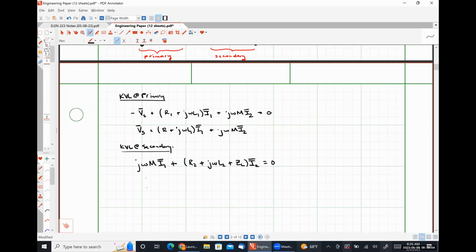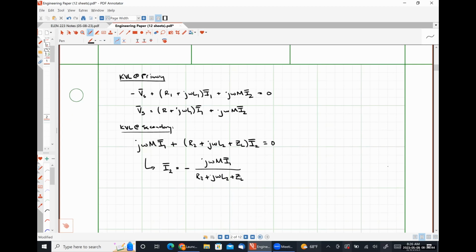And I can rearrange this expression and find that I2 is just negative J omega M I1 divided by R2 plus J omega L2 plus ZL. Everybody okay with my algebra here? Nothing too wild or crazy. Right. If I substitute this relationship into this relationship,